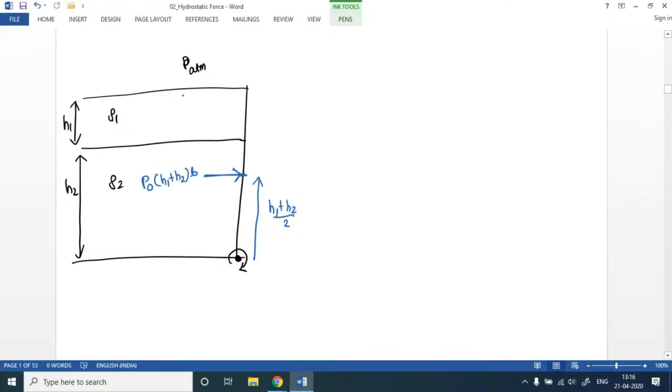And now let's come down, like here the force due to ATM we have already considered on the wall, and force due to this liquid over here would be effectively acting at this point at a height of h1 by 3 from the bottom, and the magnitude of this force is going to be rho g b into h1 square by 2. I hope you remember this result. Okay, and now you see